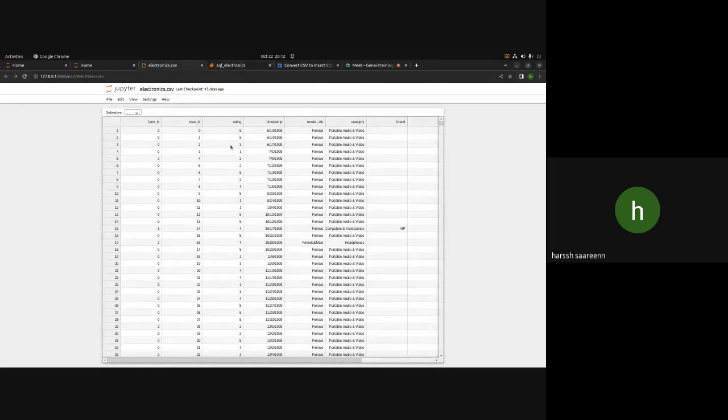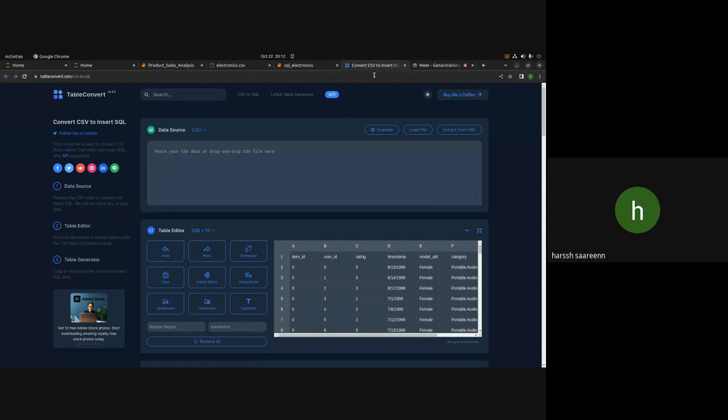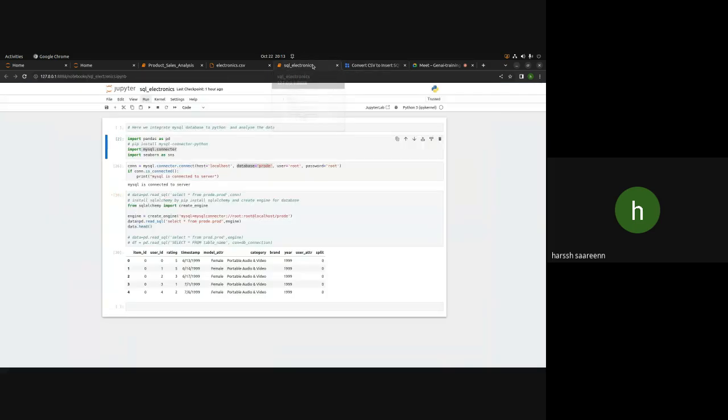So here is your electronics.csv. You are already familiar with it, just like before, we already fetched this data, right? pd.read_csv electronics.csv, right? So I just dumped this file and converted CSV to SQL. What I am doing here is just converting my format from CSV to SQL. You will get this data, or this database, directly into your system with the help of the cloud, but that is advanced. But for practice and to understand the thing, I already